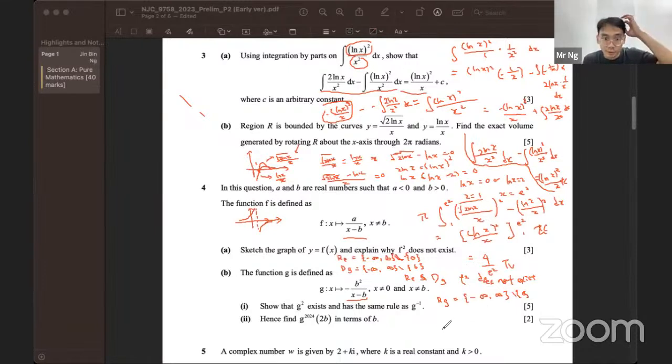Okay. Then after that, the domain of g cannot take b. I'll take b here, you have b. We have a b range of